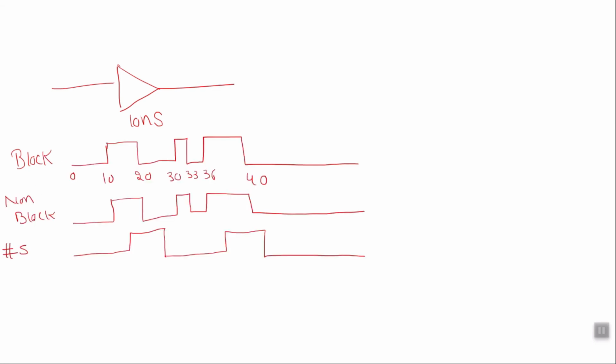For the combinational circuit, I took an example of a simple buffer here, and we are taking its delay as 10 nanoseconds. Firstly, about the blocking statement. Here we have our input, and it simply goes to a buffer, and with the blocking statement we get the same output, and this is similar for our non-blocking delay.